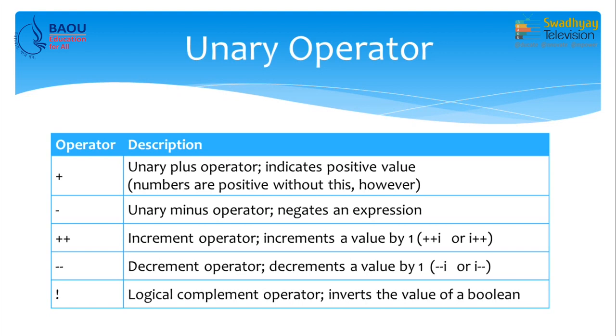Similarly, we have -- operator, which is also called decrement operator, and as its name suggests, it decreases a value by 1. Now, you can see on screen that first is ++i. So, i is written after ++. So, this kind of notation of increment operator is called prefix increment operator, and in second case we write down i and then ++. So, this type of notation is called postfix increment operator.